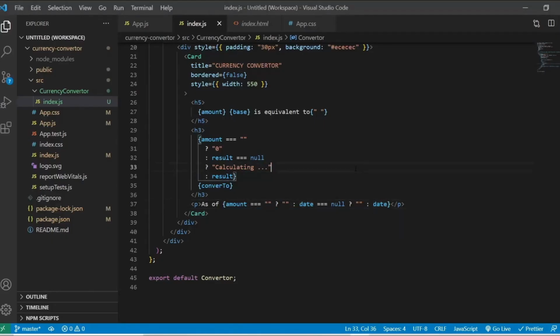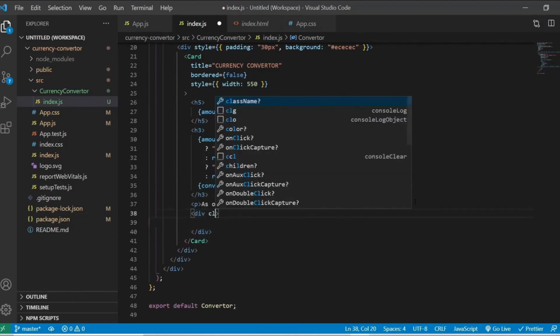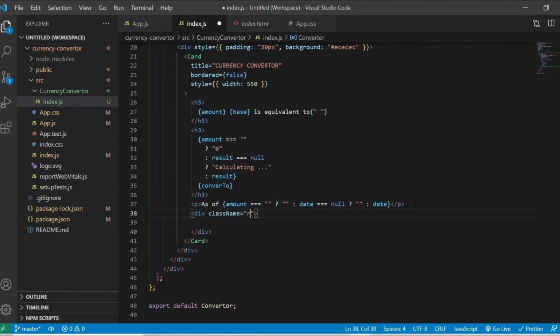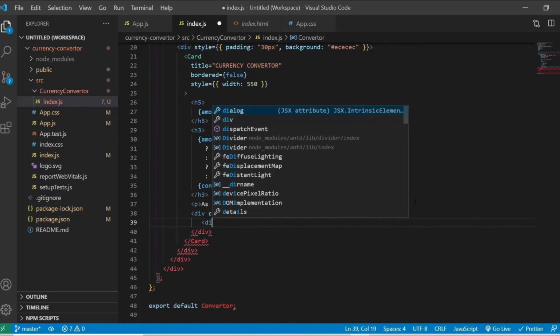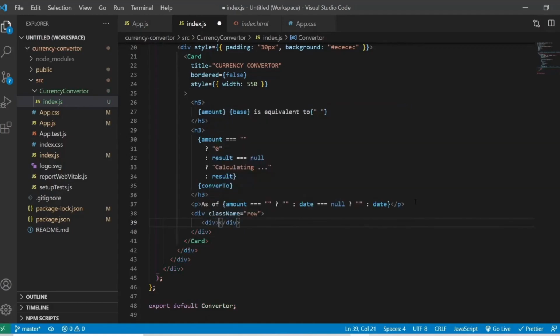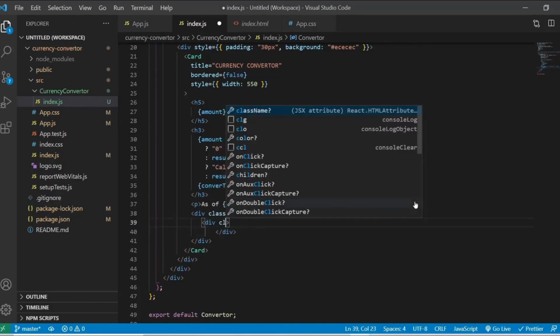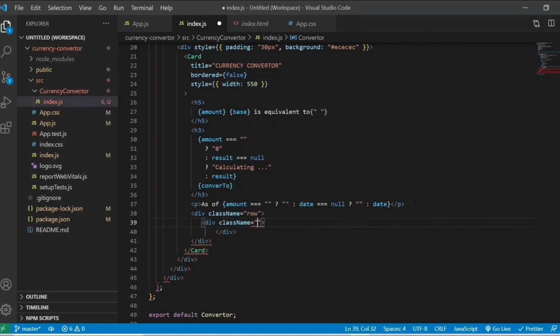So in the card itself, I will have one more div with the class name row, and inside that I will have one more div. So I am going to use again Bootstrap class name here.